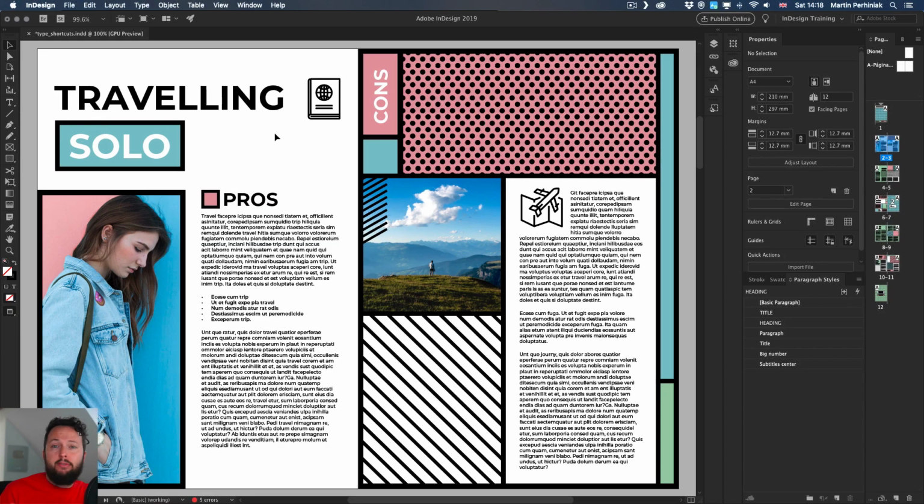We are back in InDesign for the second part of this tutorial, and this time we will also use a bit of Photoshop because there's a couple of specific shortcuts that you can only present there. And without any further delay, let's get started with a very useful shortcut, and that's for changing the leading in